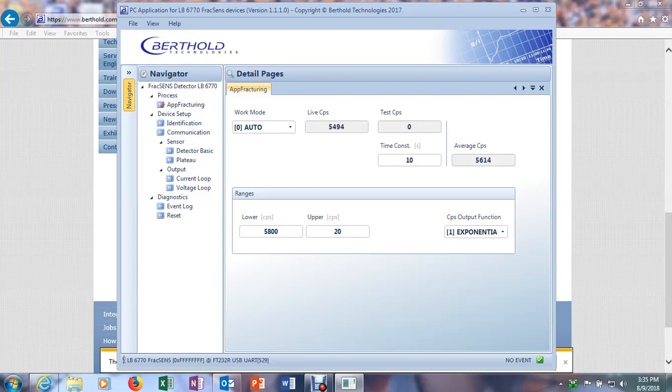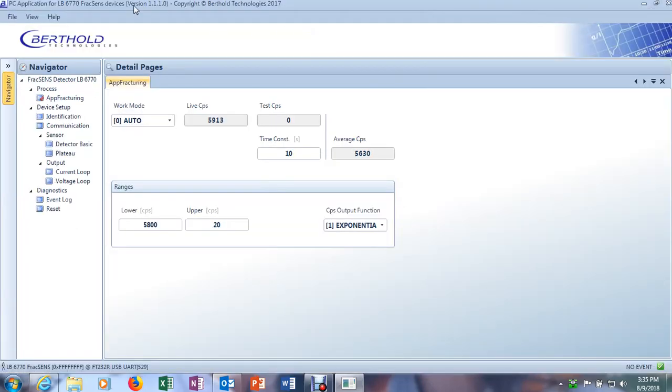So you can see here that the PC application software has loaded and it's open and it's running. You can see I've got live counts per second, I've got test counts per second. Don't put anything in there. If you do, and you don't re-zero it and click enter, it won't go back to your work mode with just your regular counts. You'll be working off test counts per second, and it'll throw everything off as far as your reading goes, unless you just want to test the detector and see the different output, which I'll show you on the current loop